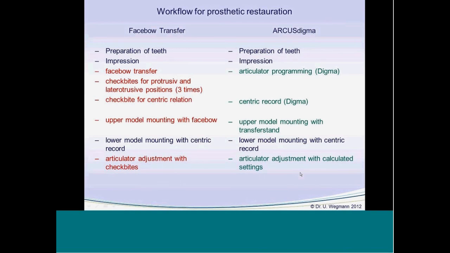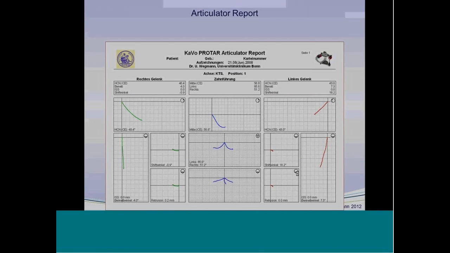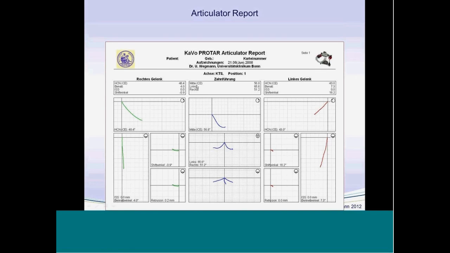And here you can see an Articulator report which goes to the lab. Here you can see the settings, the values for adjusting the right condyle and the left condyle and the incisal point. But additionally to these values, you will find here these curvatures indicating the protrusive movement of the right condyle, the Bennett movement with the Bennett angulation, retrusive paths here for lateral movement and so on.